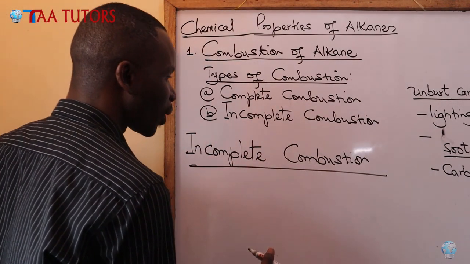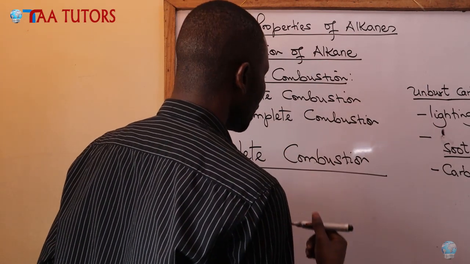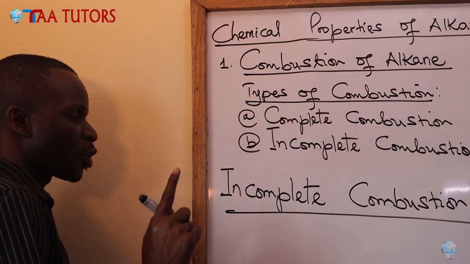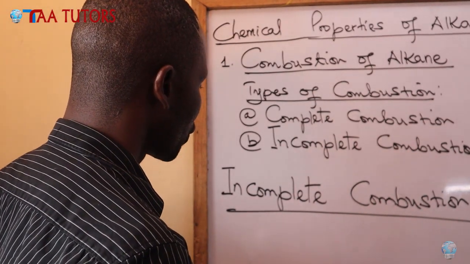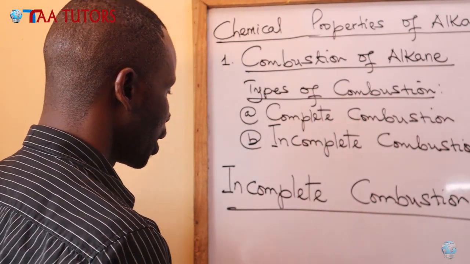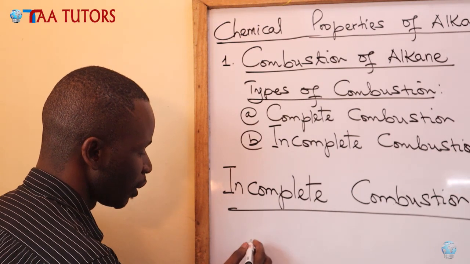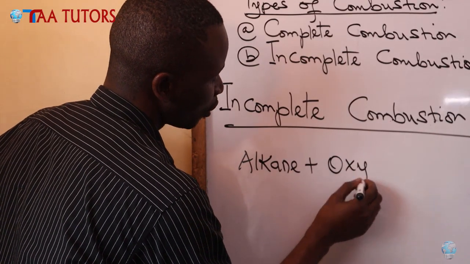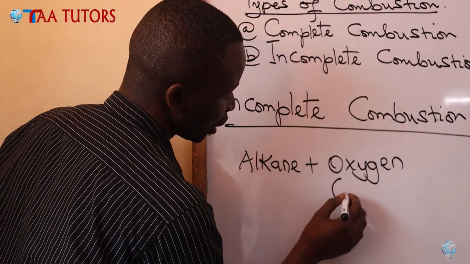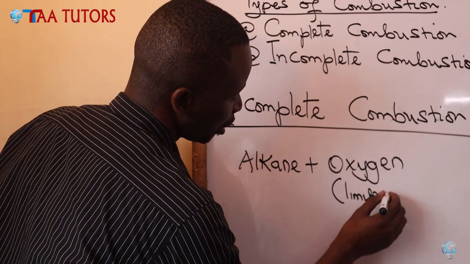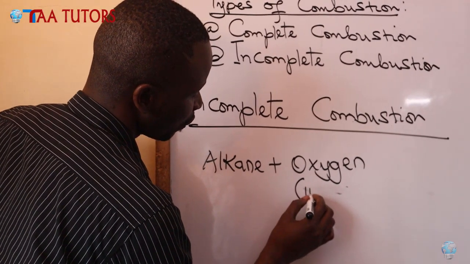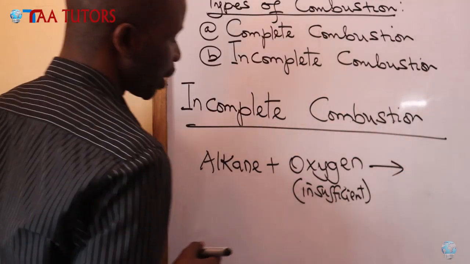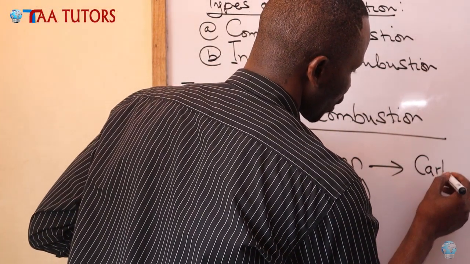So if we now write the equation, we say that incomplete combustion happens if there's an insufficient amount of oxygen, if oxygen is not enough. If you burn and there's insufficient oxygen, you are going to produce carbon monoxide and water. So in incomplete combustion, if I have an alkane burning incompletely, meaning the oxygen is limited or insufficient, it gives us carbon monoxide